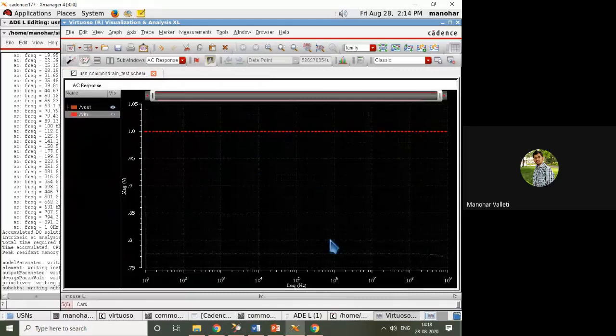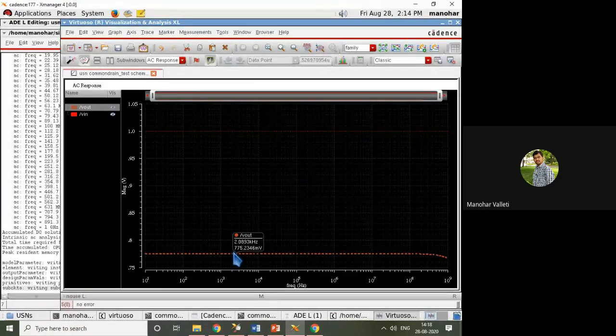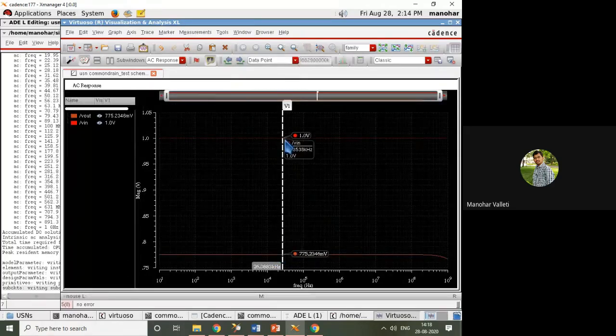Same way, you just see this is the input and this is the output. So I'm putting the cursor, pressing V from the keyboard. So 1 volt is applied signal. You are getting 775 millivolts.